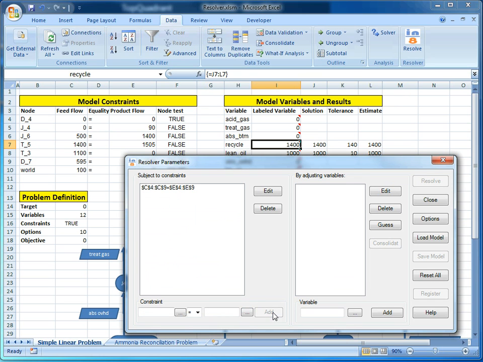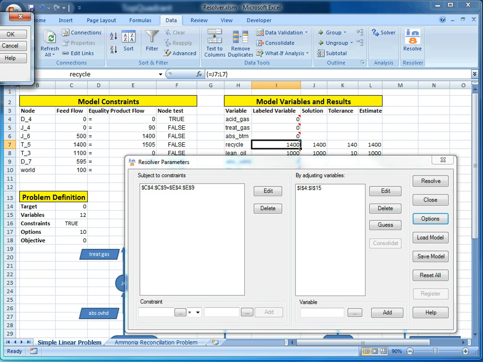Let me add that. The next thing I've got to do is tell Resolver all of the adjustable variables. Well, it can work them out. So what we'll do is just press guess, and it comes up, not surprisingly, with the correct variables that we need to adjust. Before I hit resolve, let's just have a look at the options button,